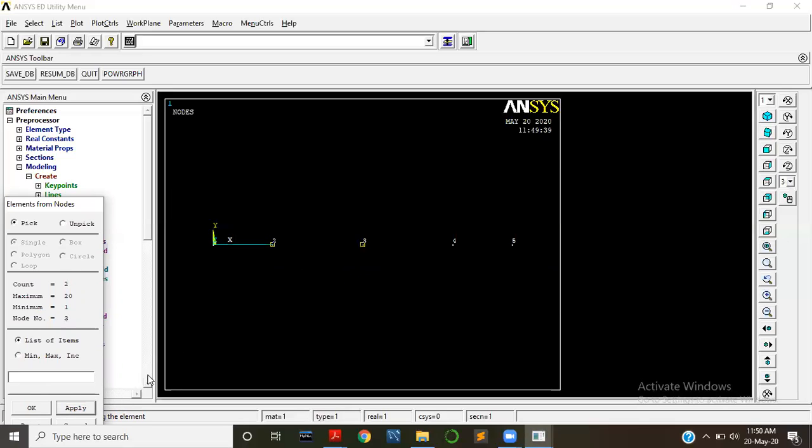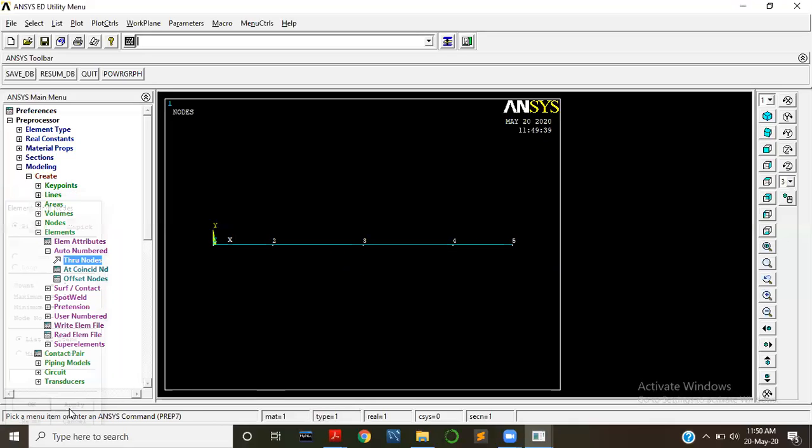Select 2 and 3, press apply. Select 3 and 4 and press apply, and select 4 and 5 and press OK. So these are the nodes. We have completed the modeling part, and next we'll complete the other things.